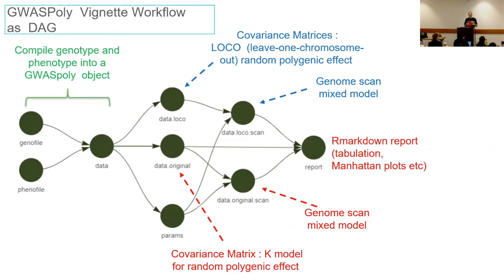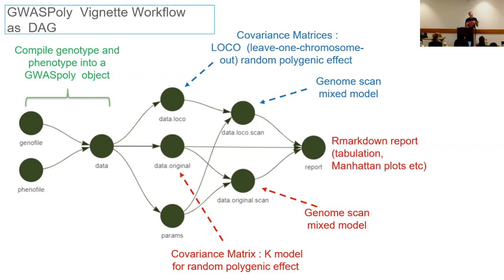He starts off building a GWAS Poly object, and then goes down two paths that differ by the nature of how the random polygenic effect is calculated, with or without leaving out one chromosome, putting that data together, and then generating an R Markdown report. So